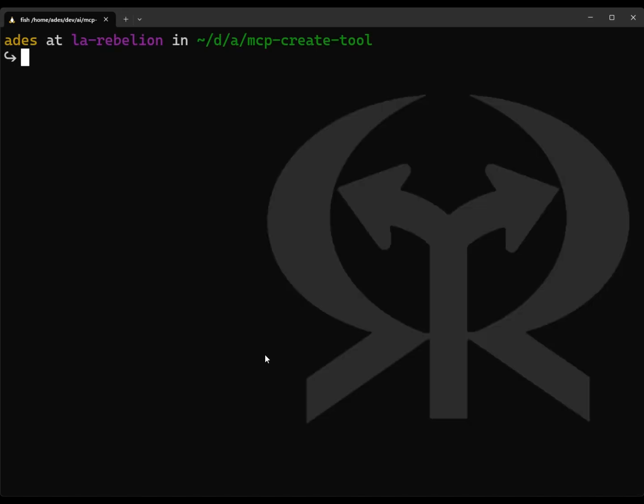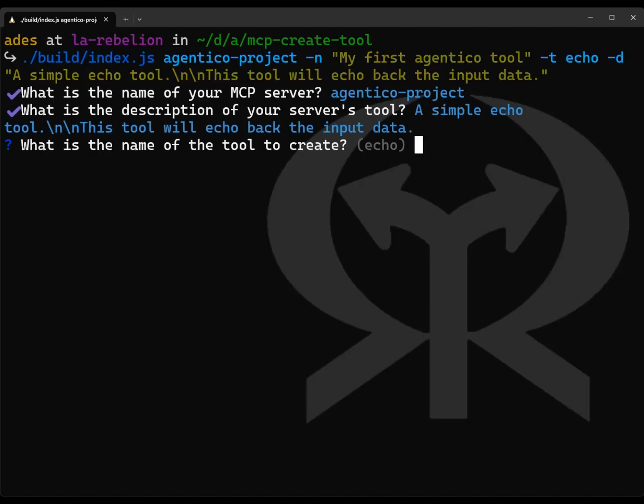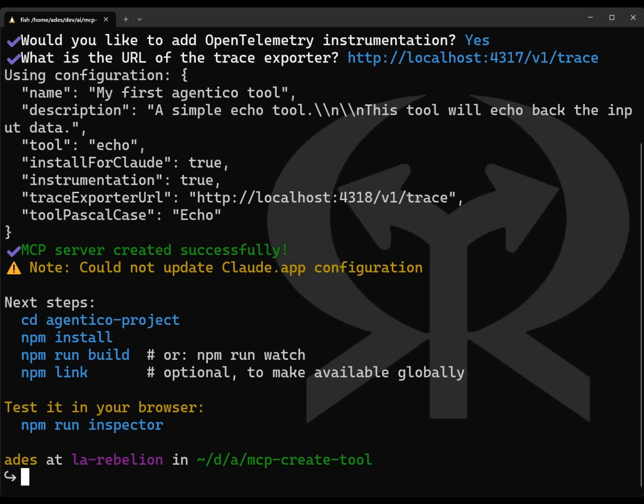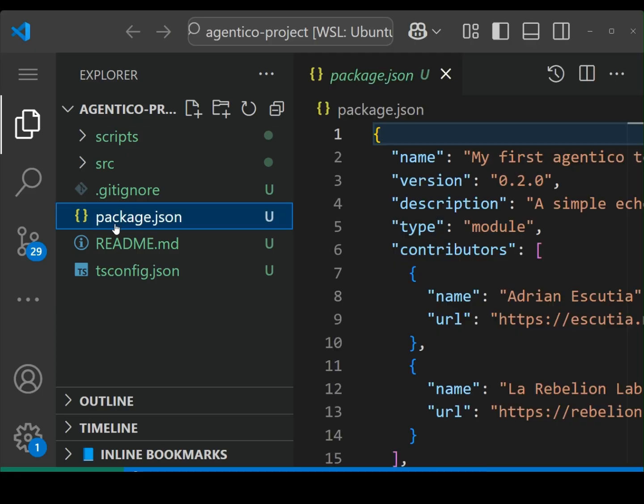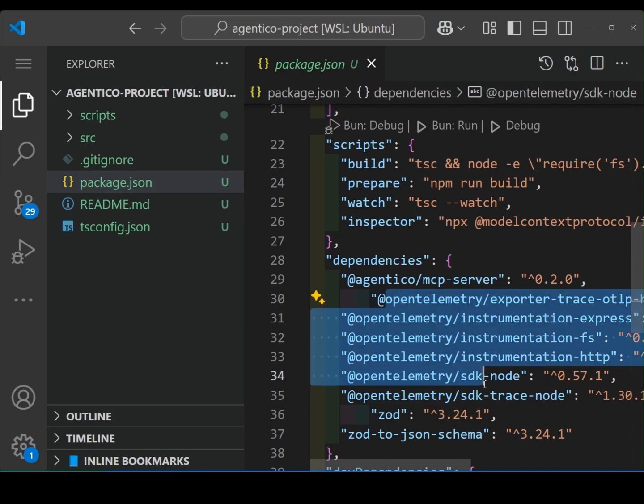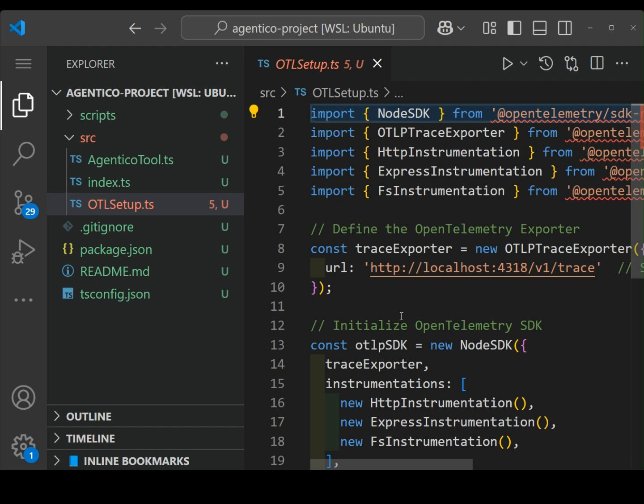Create a new tool from scratch with Agentico's mcp-create-tool CLI. Let's quickly explore the structure of the generated code and content. As you can see, this is a standard MCP Node.js project. What is relevant here is the OTel setup and the tool with auto-generated code to send traces to any OTel-compatible